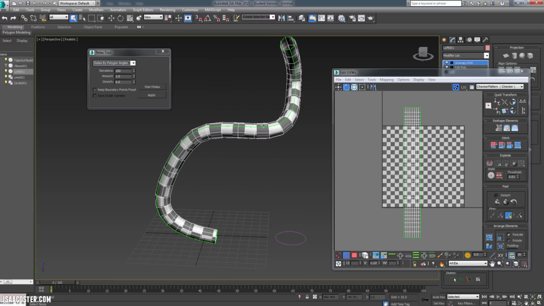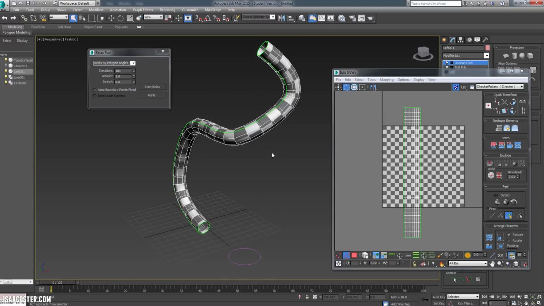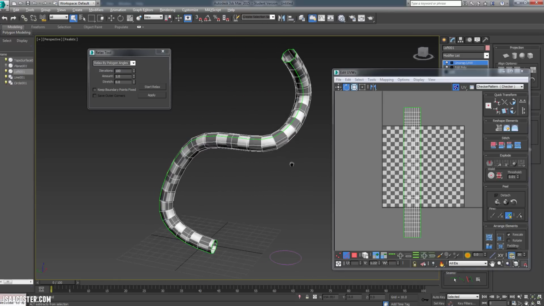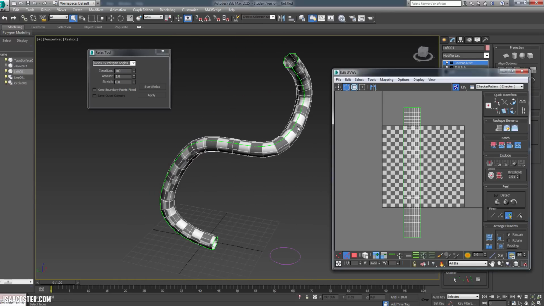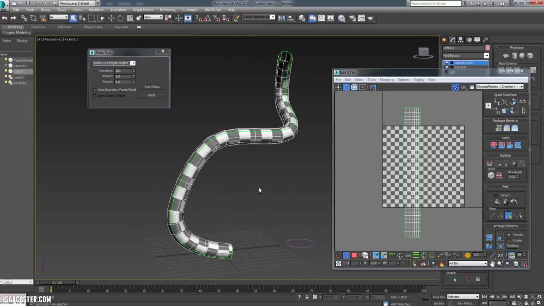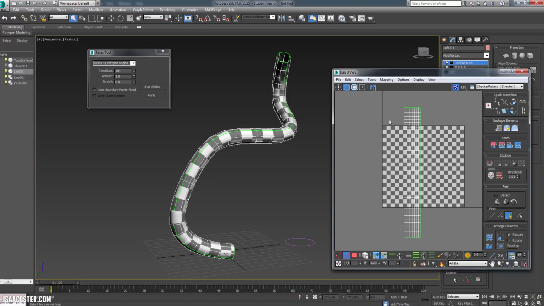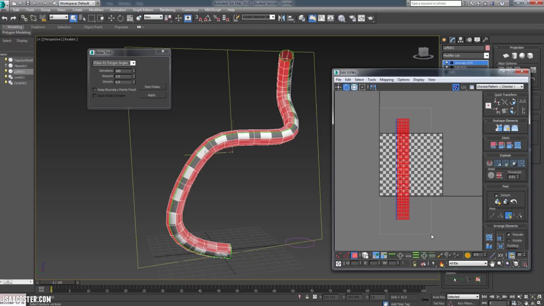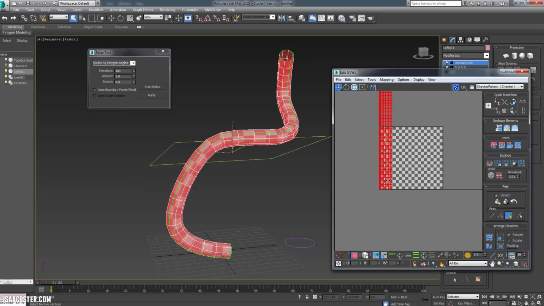Now the positioning of where you put your seam is probably important. If the tube is just going to be floating out in space, I guess you'll just have to figure it out, but for my purposes, I don't really care. It's probably not going to tile very well. So actually, you know what the best solution is, we can just kind of